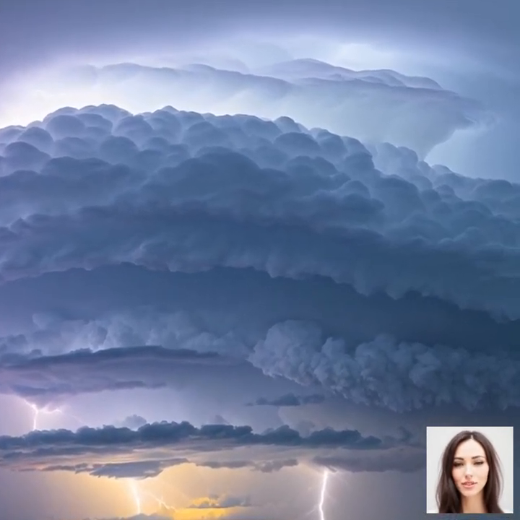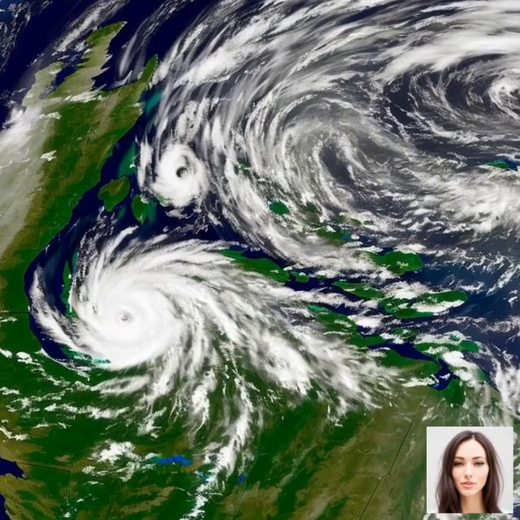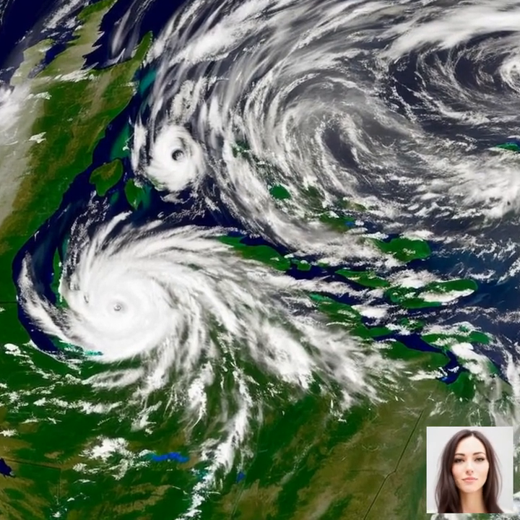The physical features of a region, such as mountains, valleys, and large bodies of water, can significantly impact the occurrence of thunderstorms. For example, mountain ranges can force warm, moist air to rise, creating the perfect conditions for storm development. In contrast, large bodies of water, like oceans and lakes, can help moderate temperatures and increase humidity, also contributing to the formation of storms. Finally,